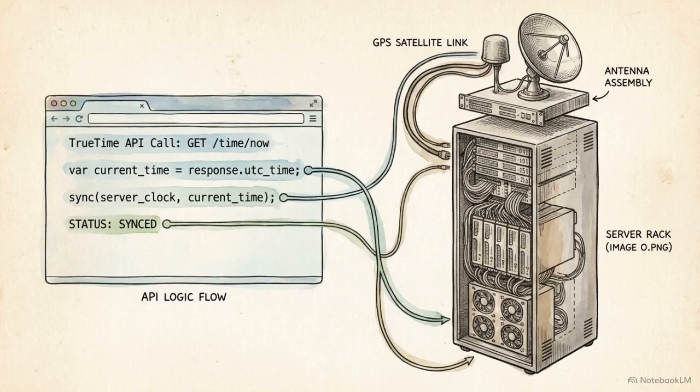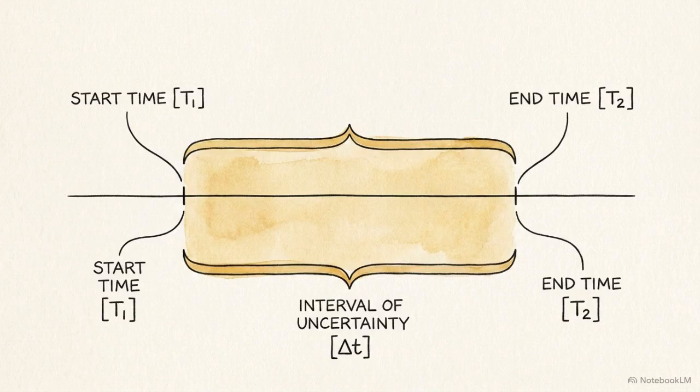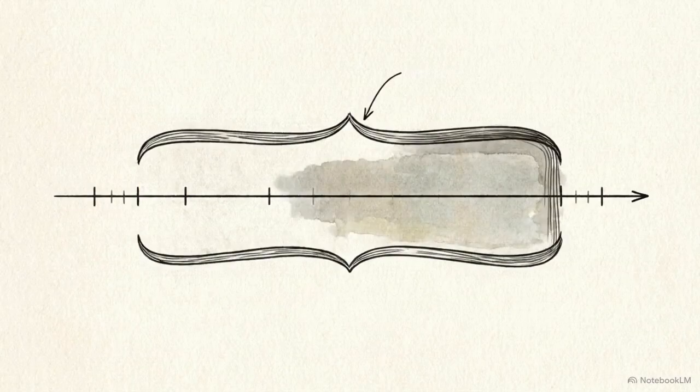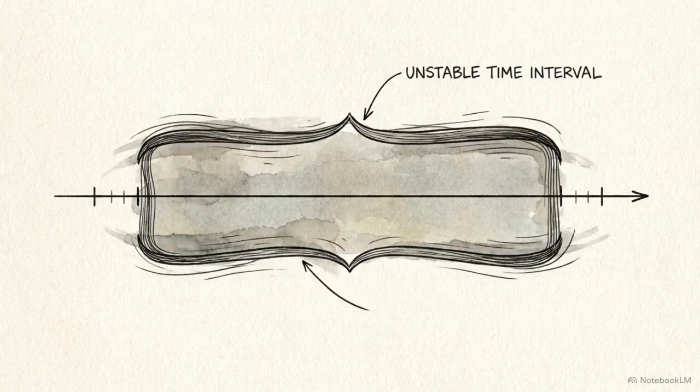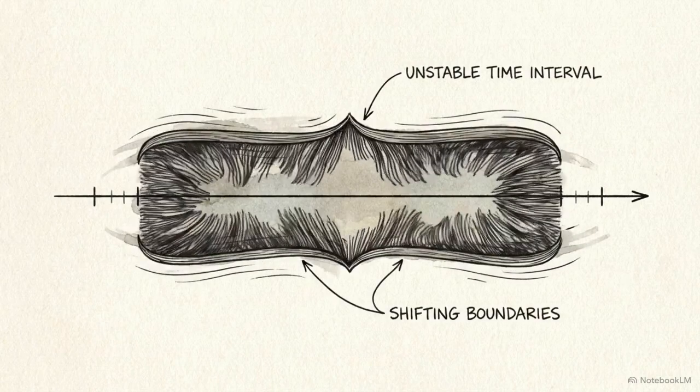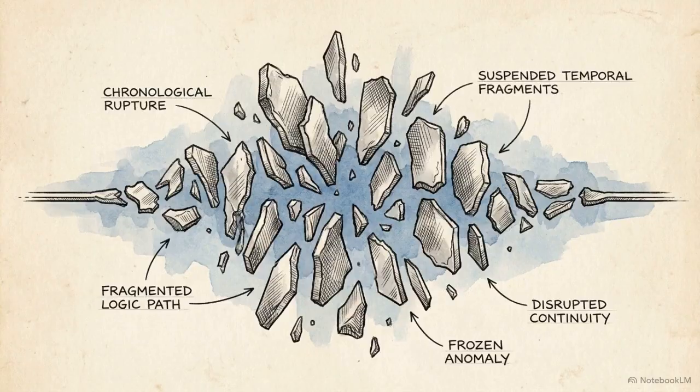Systems like Google Spanner navigate this by using the TrueTime API. Instead of pretending a clock is accurate, it returns a confidence interval, an earliest possible time and a latest possible time. In a distributed environment, a timestamp is never a precise point in reality. It is merely an interval of uncertainty. Even with instant network delivery and atomic clocks, the timeline of a distributed system remains fragmented.